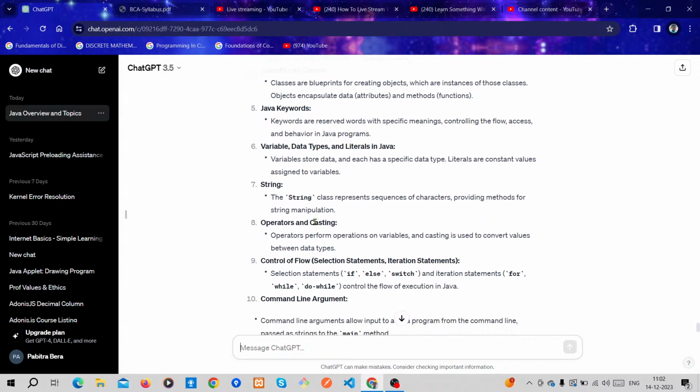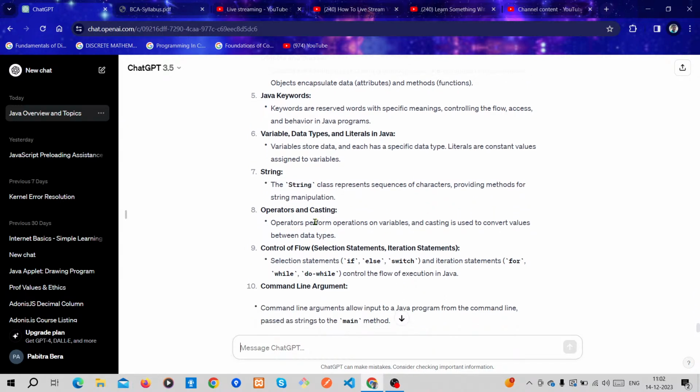Variables, data types, and literals in Java. Variables store data, and each has a specific data type. Literals are constant values assigned to variables.